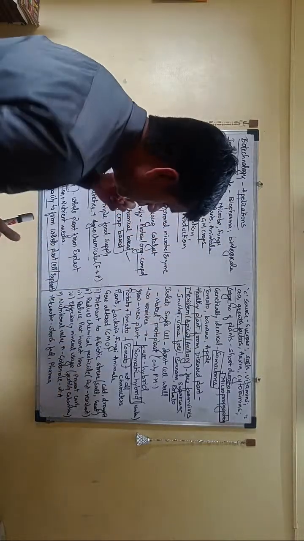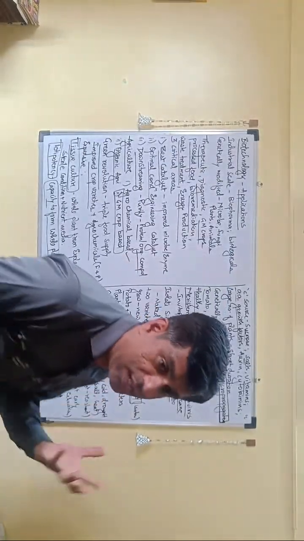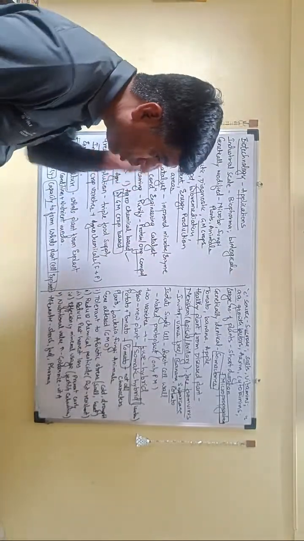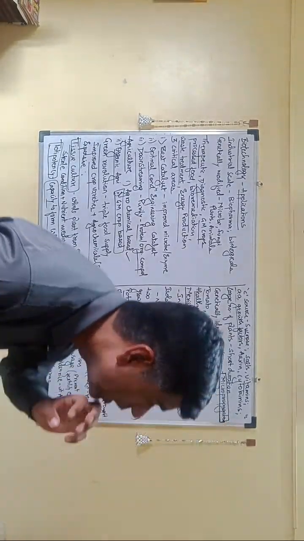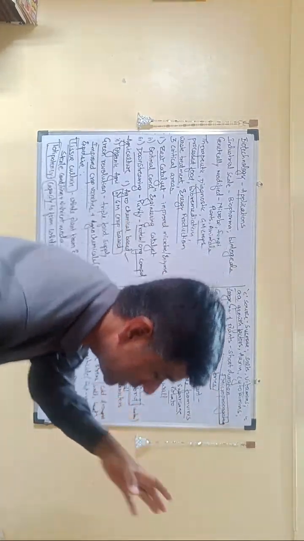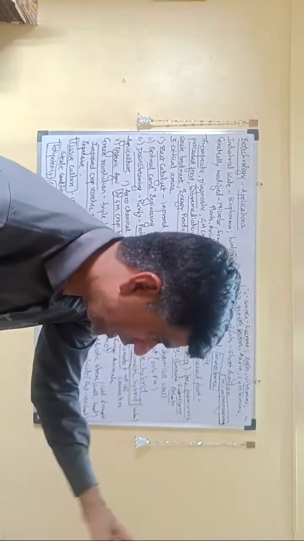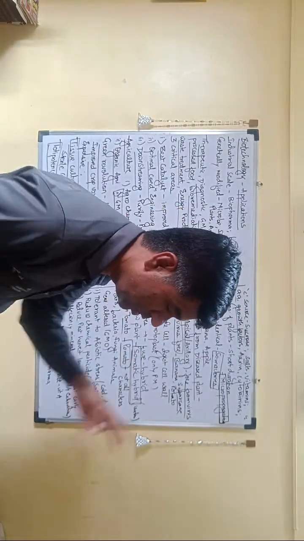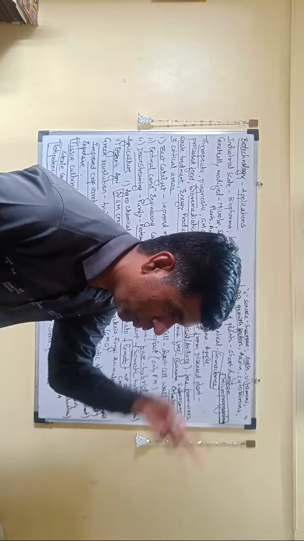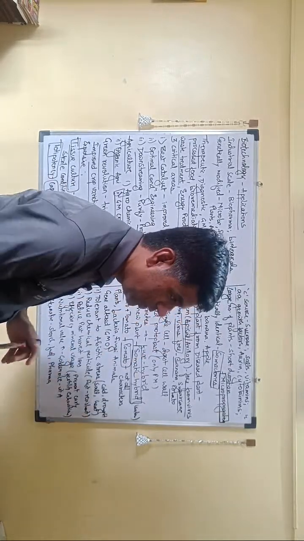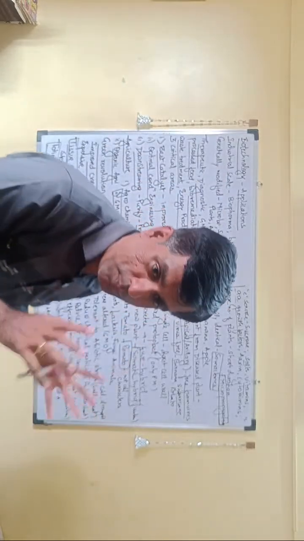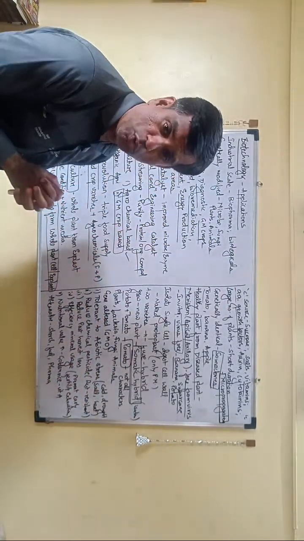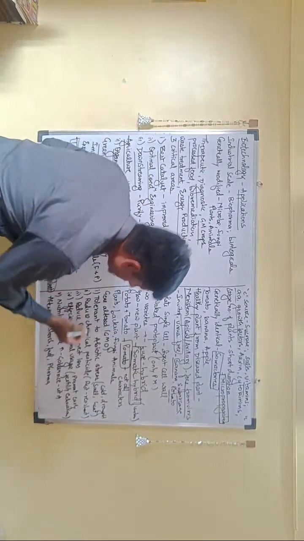So we can genetically alter the plant, the bacteria, the fungi, the animals, and then you call them GMO, that is genetically modified organisms. When I'm genetically modifying plants, I should have some aim to modify that. Like you are watching this video, you have some aim, like you want to crack NEET. So when you are deciding to genetically modify a plant, you should know what your aim is. So the basic aims for which we are modifying it, number one is to make them tolerant